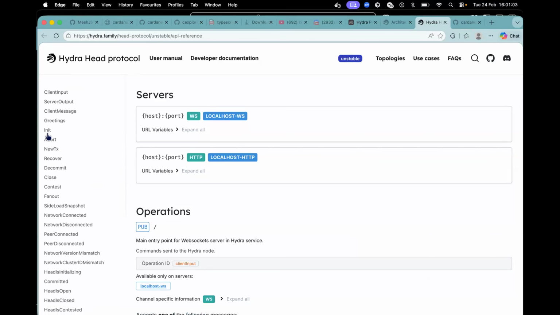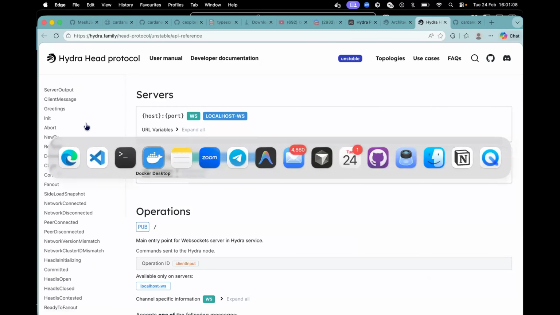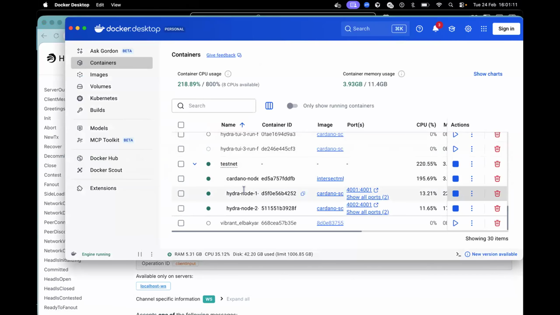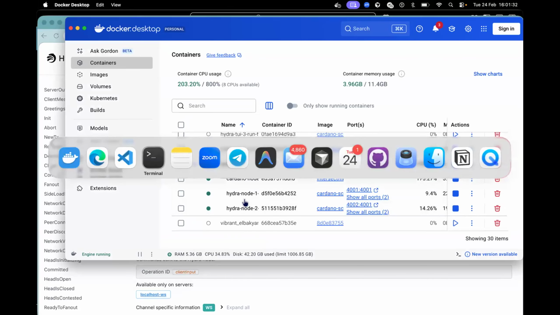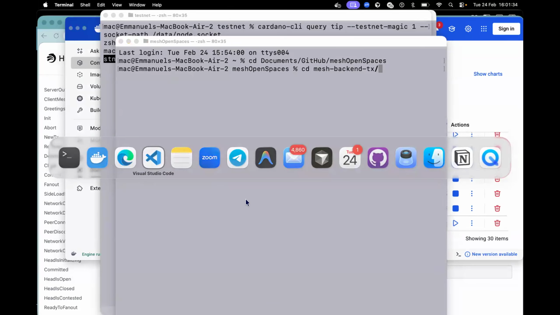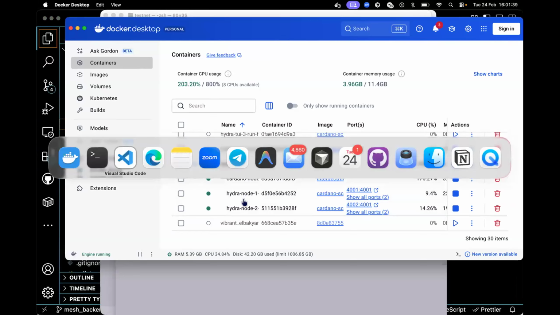Okay, so right now, the steps to making Hydra. Imagine two Hydra nodes right now. As I've said earlier, I've committed Lovelace, I've committed ADA from Cardano layer one to these two Hydra nodes, because I remember the last time I was doing it, there were some transactions going on. But imagine right now that with these two Hydra nodes, there was nothing going on. So the first step we would be having is